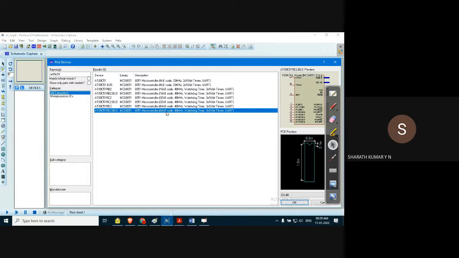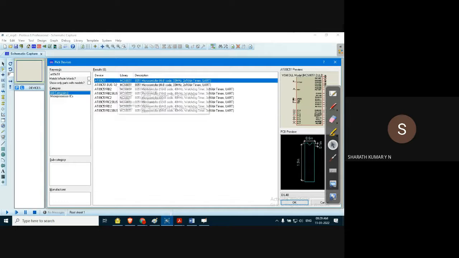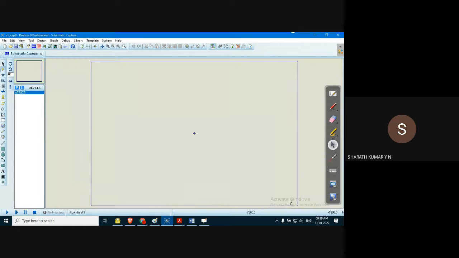Okay, of course, the maximum size is 64 kilobytes of code memory, with a 40 megahertz clock frequency. It includes a watchdog timer. The watchdog timer helps whenever the voltage fluctuates, protecting the microcontroller by restarting it. It has its own watcher timer, three timers as well as UID. So, various features. Select 8018 and C51, click on OK.